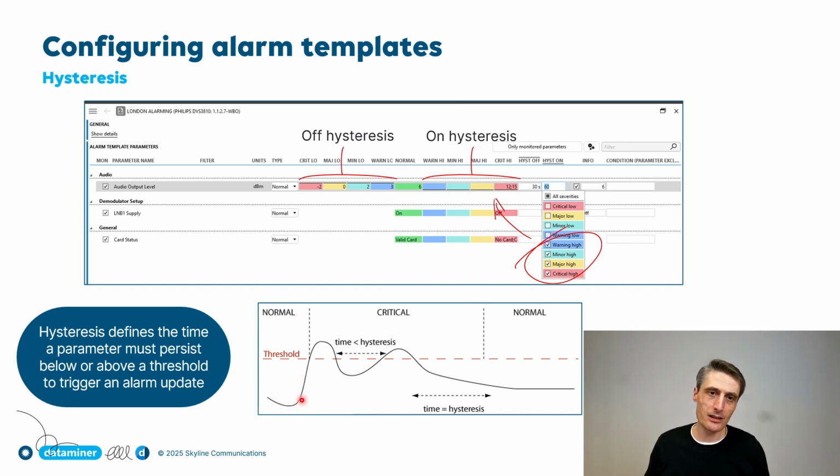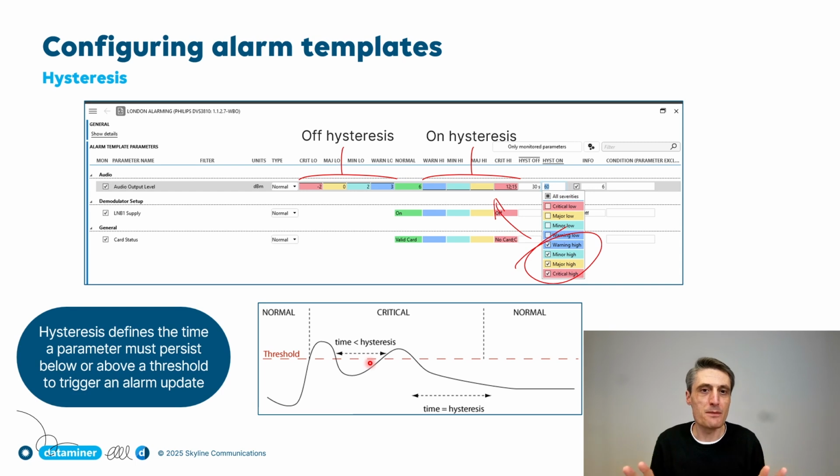So my signal level is suddenly getting a little bit too high, and therefore I go into that critical zone and I start to generate a critical alarm in my system. But that signal level is very slowly increasing or decreasing, so sometimes it toggles a little bit between one and the other. So it means if it's only going back for a very short period of time, I don't clear the alarm